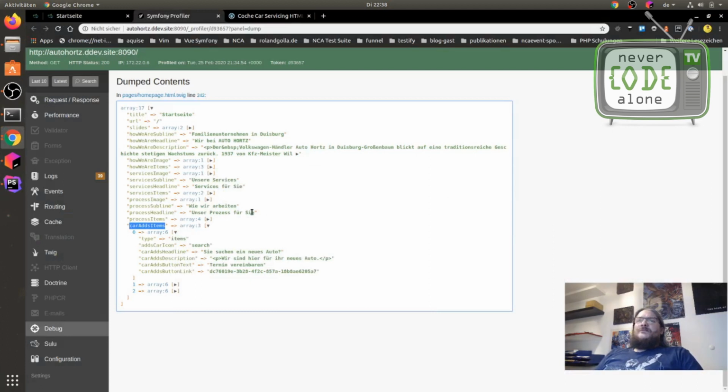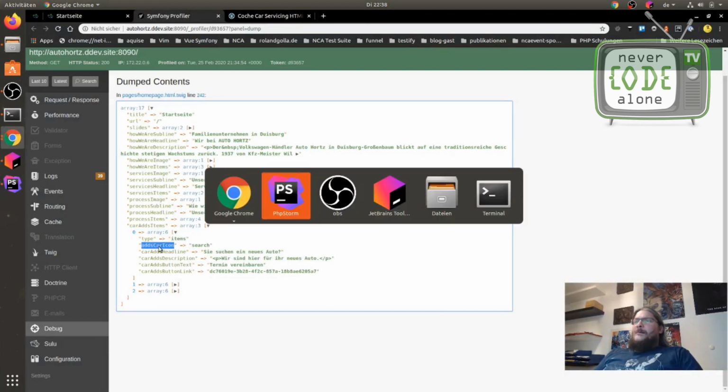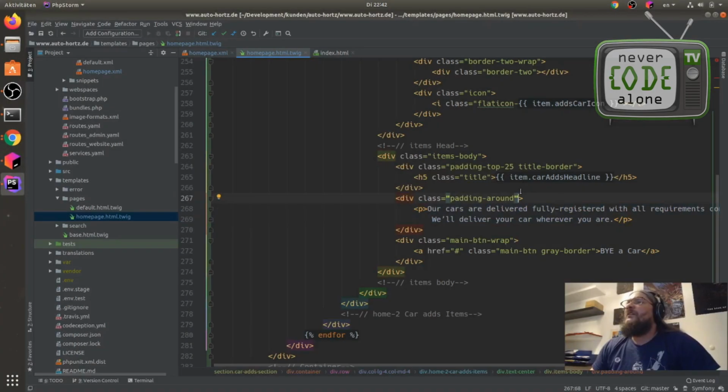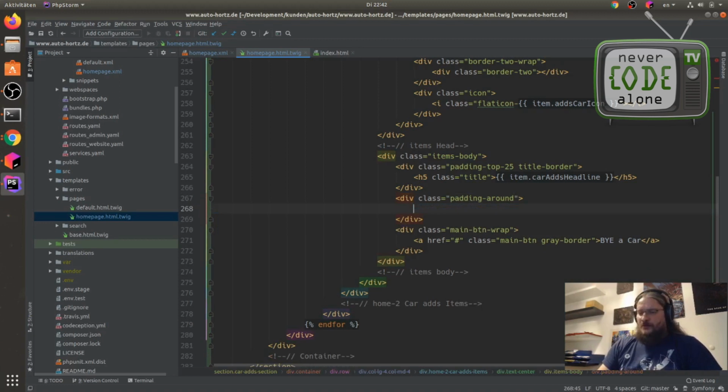We check here, this is item dot and then this key, and here is the item's description. We will see that we have to render it here.